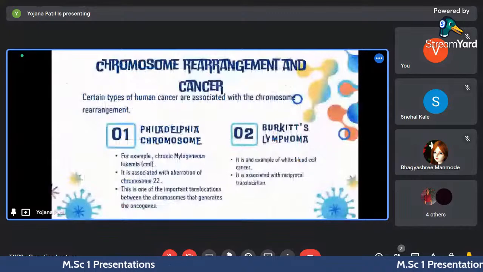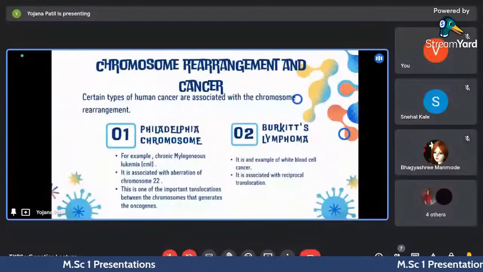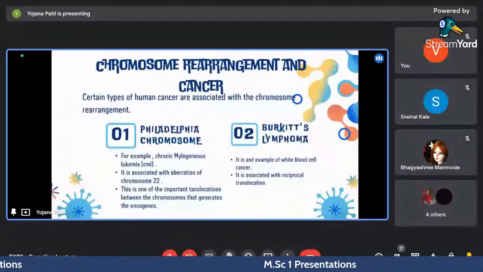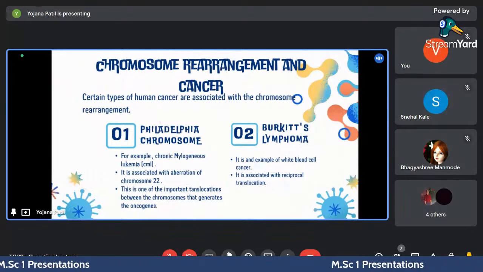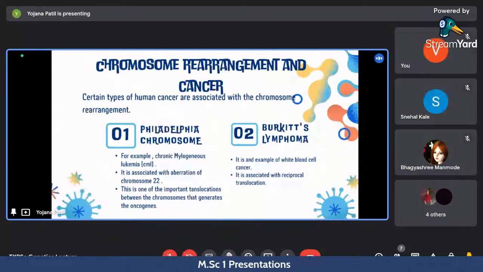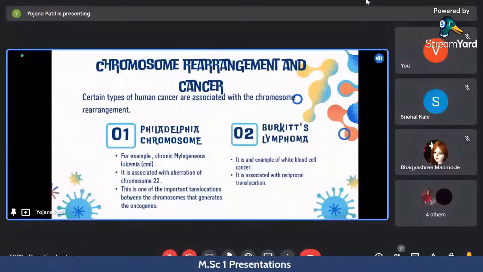Now let's see the types of human cancers which are associated with chromosome rearrangement. The first one is the Philadelphia chromosome, and the second one is Burkitt's lymphoma. The Philadelphia chromosome is associated with human cancers, for example chronic myelogenous leukemia, which is associated with an aberration of chromosome 22, and this Philadelphia chromosome is one of the important translocations between chromosomes that generates oncogenes. The second one is Burkitt's lymphoma. It is an example of a white blood cell cancer,